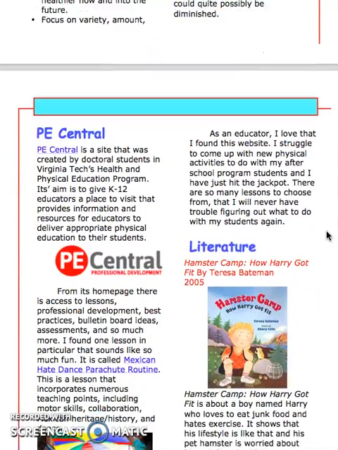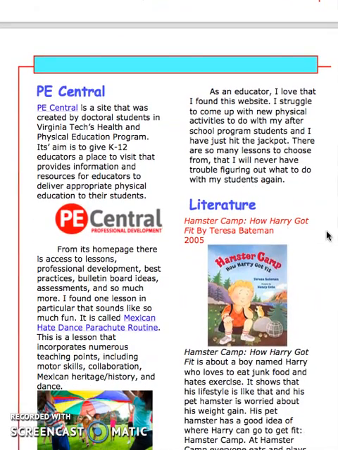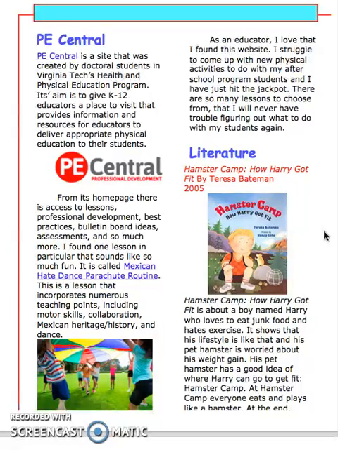The website I chose to review was PE Central. So I've actually never heard of PE Central until this assignment. And I work in an after-school program, and I'm going to use PE Central all the time. It was created by doctoral students at Virginia Tech's Health and Physical Education program, and it gives educators a place to visit. It has a lot of information, resources, and so many lesson plans and activities to do for